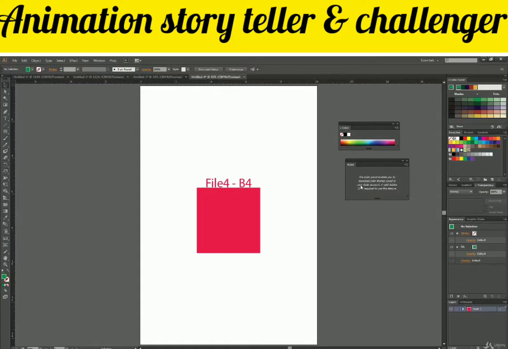Now if you want to close this panel, you have two buttons over here. One is for closing, and the other is this double arrow, which can collapse and expand the panel. So you can say this is entirely a new panel bar, or I think it's a new panel window, I don't know the exact name, but that's how you can do it.